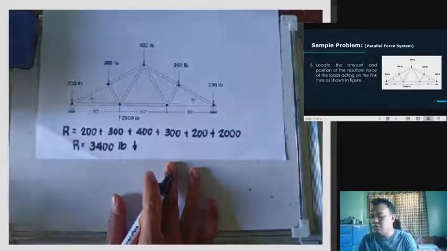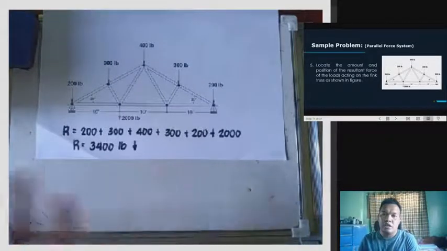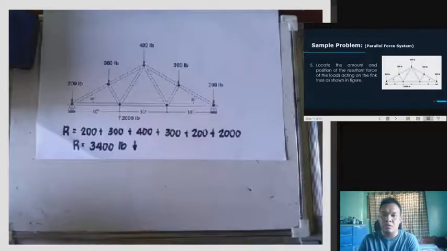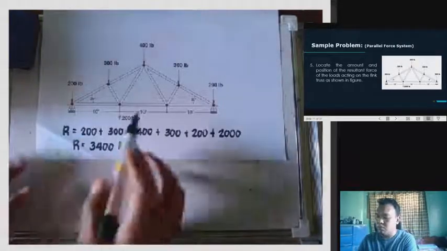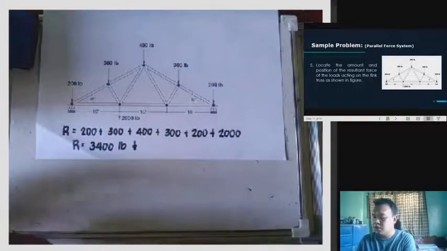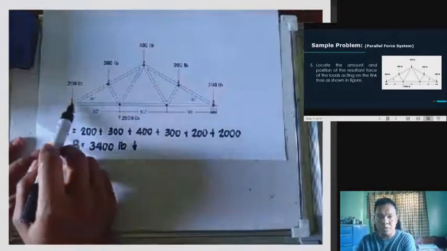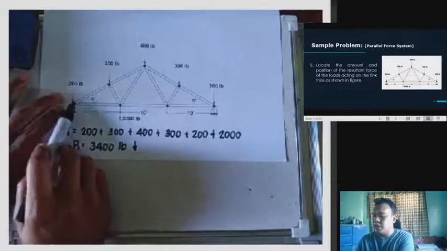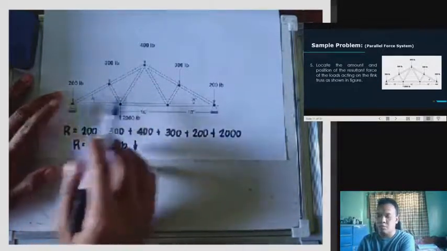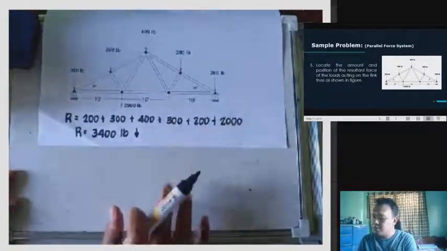So to get the value of yung position, yung point kung saan mag-act yung resultant natin, we need to moment at a certain point. So pwede tayong mag-moment sa gitna, dito, doon, depende na lang yun sa inyo. Pero pwede dito ako mag-moment, para kung ano yung makukuha nating value, diretso agad siya. Hindi na ako mag-minus-minus, no? So we have here